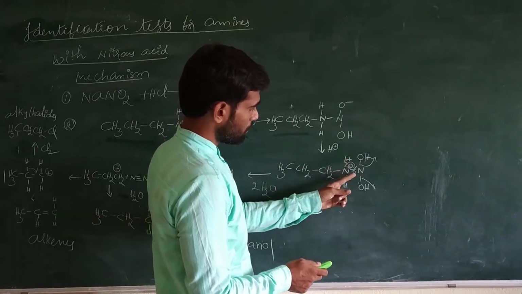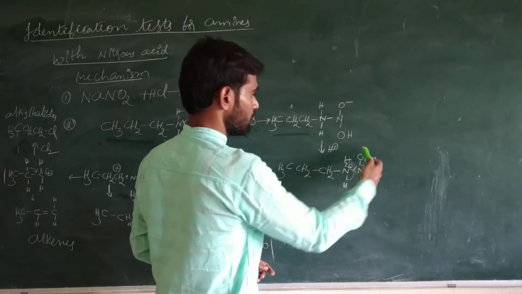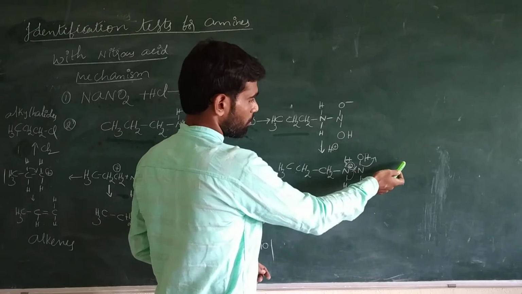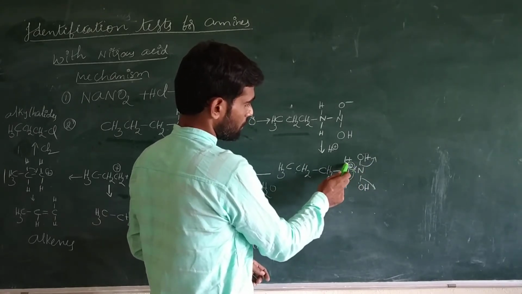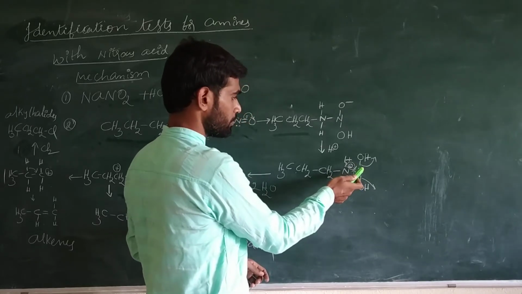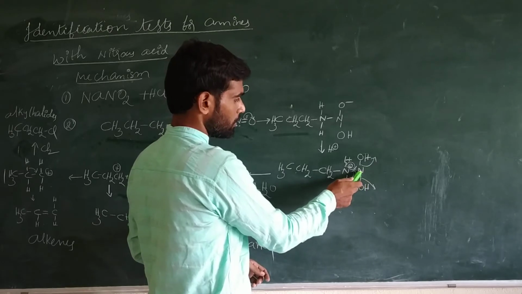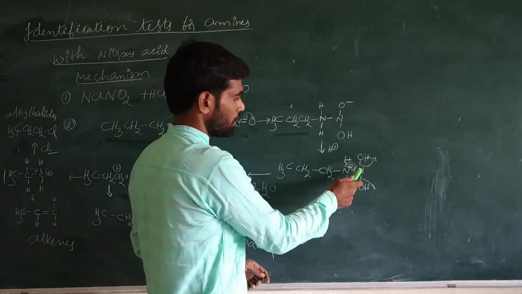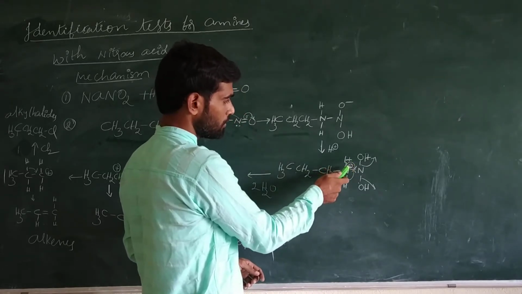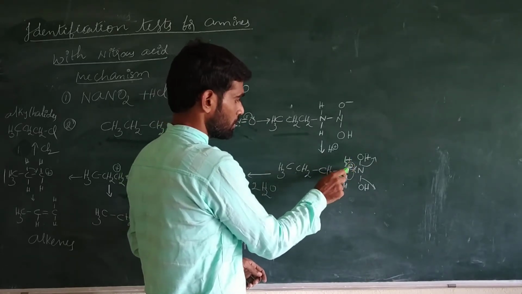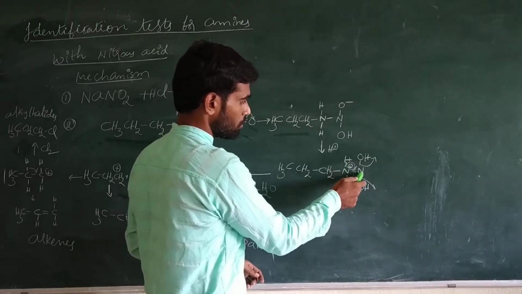There is electron shifting between the nitrogen and nitrogen. At that time, the bond between the nitrogen and the OH minus is broken. One bond is broken and a new bond is formed, because the OH minus withdraws the electron pair and leaves from the nitrogen, and the hydrogen is giving electrons to the nitrogen, and those electrons are shifting between the two nitrogen atoms.